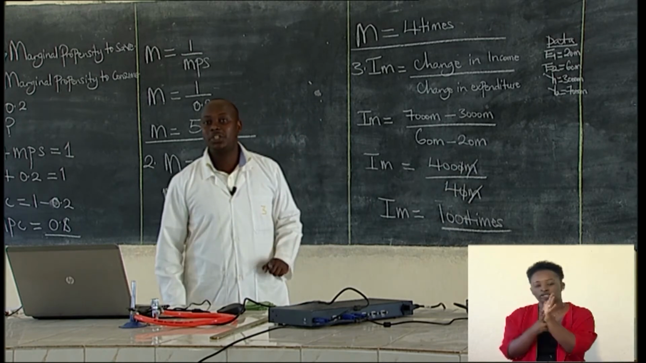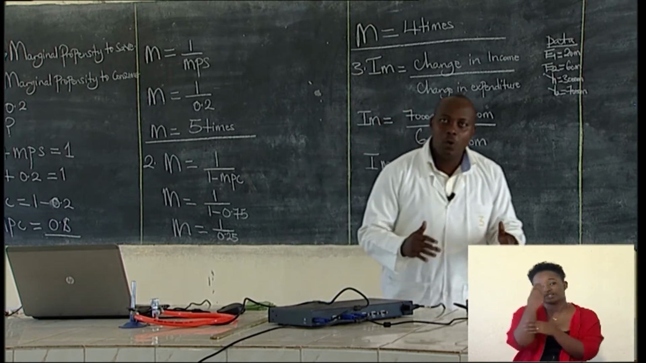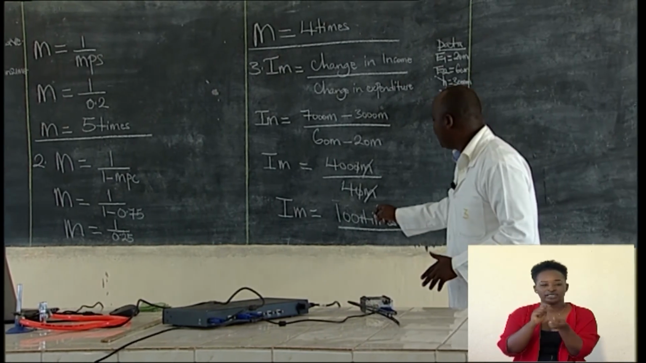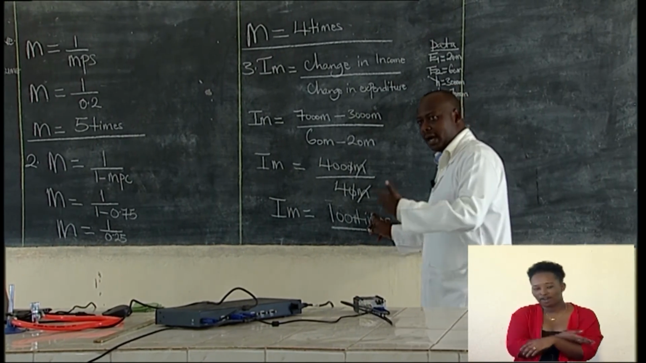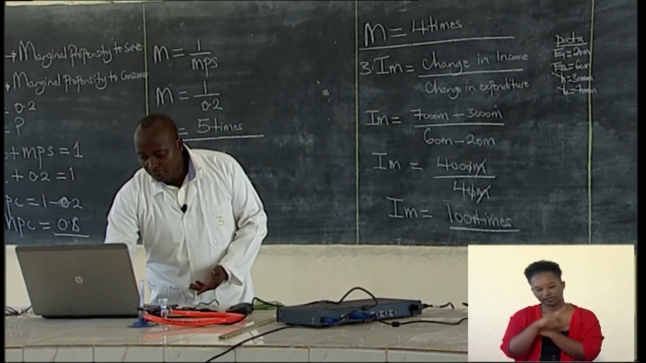That is the interpretation. The change in investment expenditure multiplied itself 100 times to give a final change in income of 4,000 million. That is how we calculate investment multiplier on question 3. Then on the fourth question,